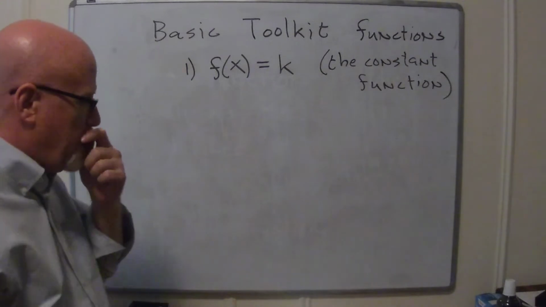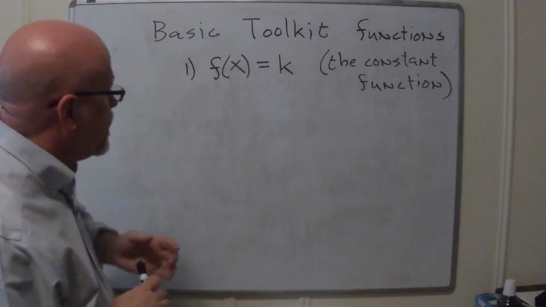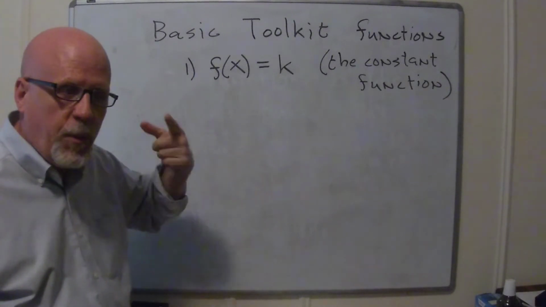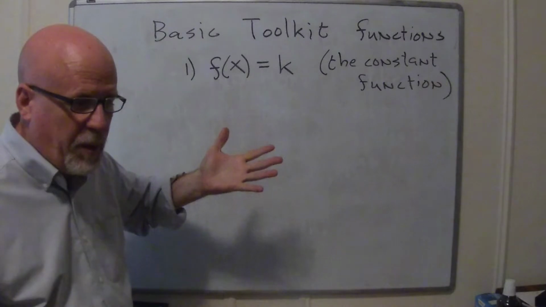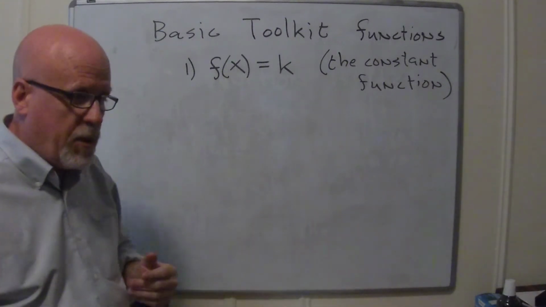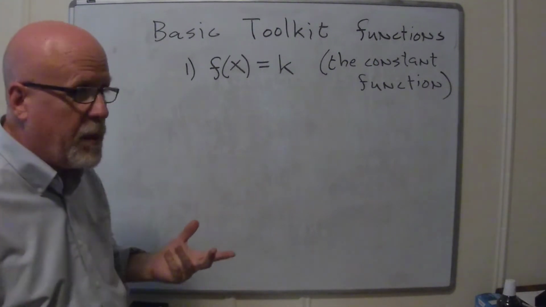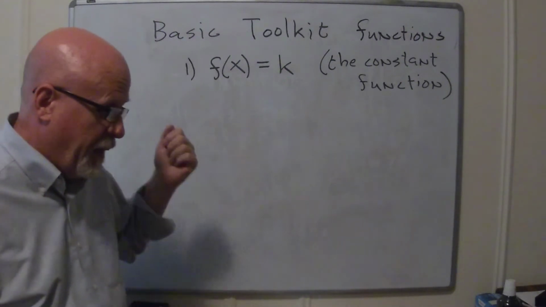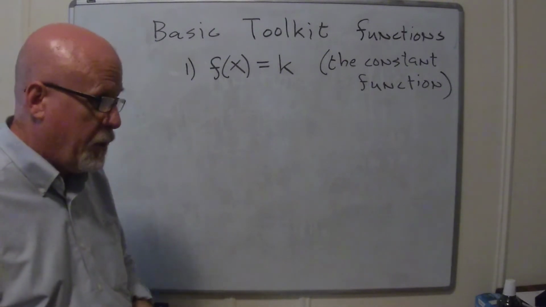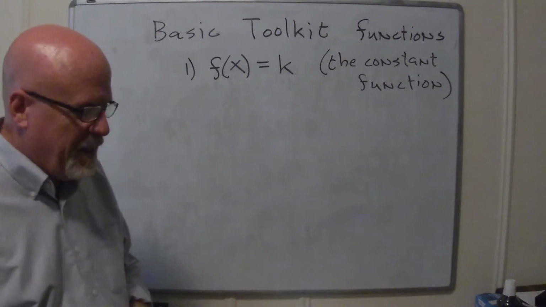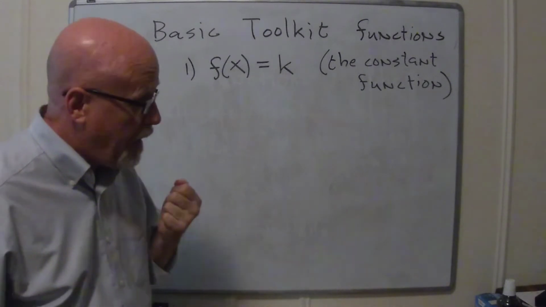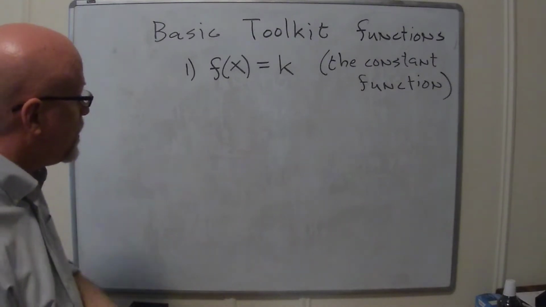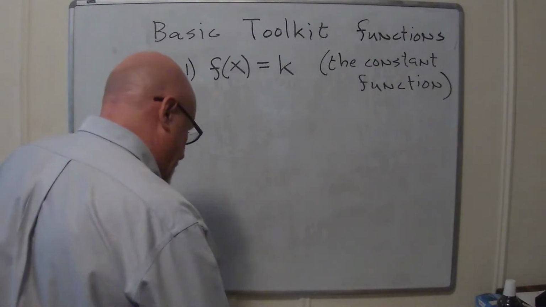I sometimes do this activity with classes. It really has to be in person to do this, but I'll think of a function and then ask you guys to quiz me on it. Basically, I ask you to come up with an input, and then I'll tell you what's the output that goes with it. So the constant function makes me sound really stupid because somebody says, well, what does it do with 1? And I say, you get 7. And then I say, well, what does it do to 2? Also 7. What does it do to 17? Oh, 7. It's a function that just basically ignores its input and always responds with the value, the constant.